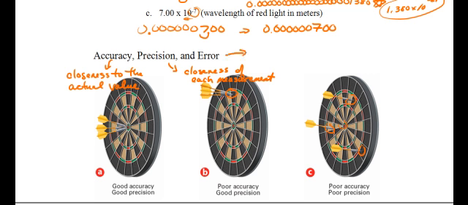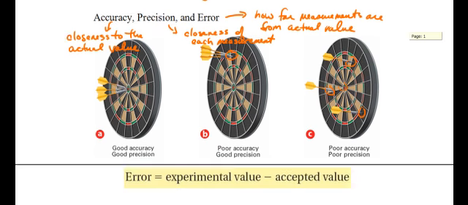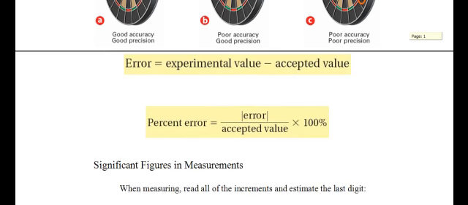And then error, you probably already know, is how far from the actual value you really are. So we'll just go ahead and write that in. How far measurements are from the actual value. All right, so that's the difference between accuracy and precision, and then of course error is thrown in there as well. As we scroll down to the next page, here's some